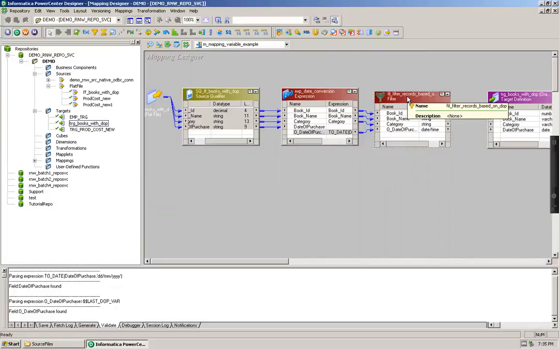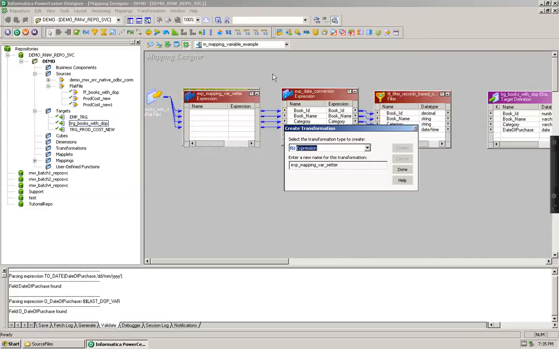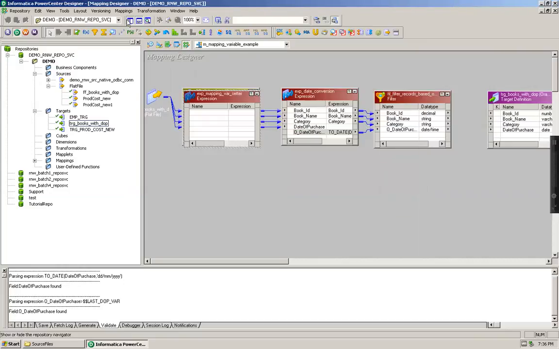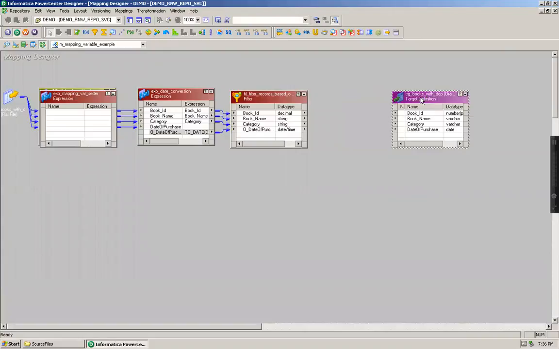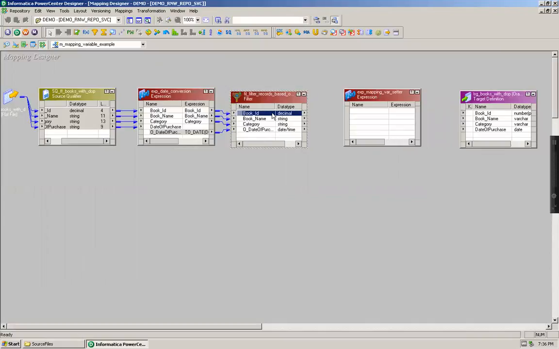So for that setting of the value, I'm going to create an expression transformation here. Let me name this as exp mapping variable setter. Here I'm going to get all the ports from my filter transformation as they are, because after the filter I will always have the values which need to be pushed to the target.